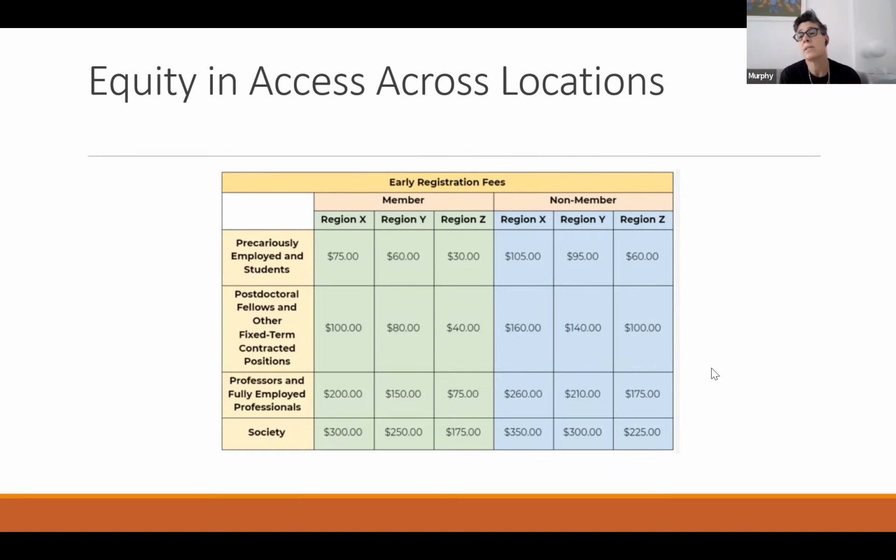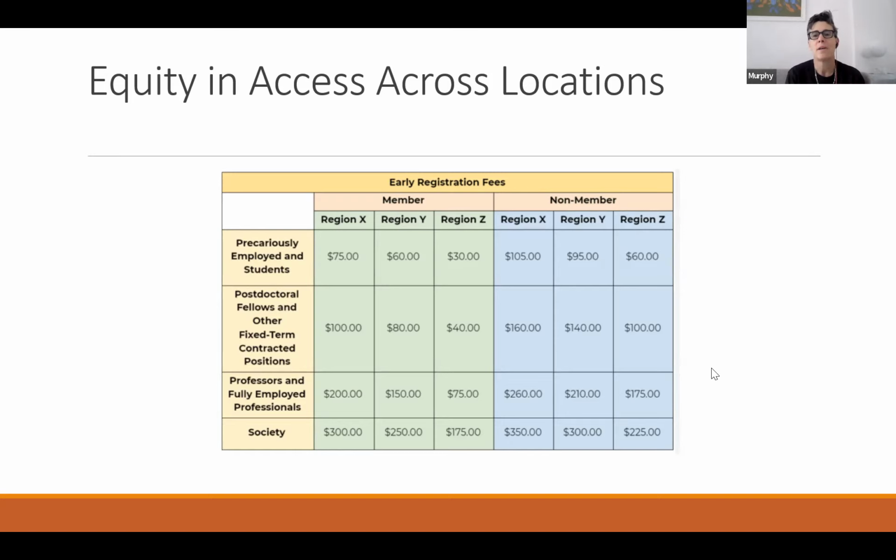So in this case, because it's academic, whether they're students or postdocs or precariously unemployed or employed, and then people who have secure employment, like professors and particularly tenure track professors. And we really tried to put the burden of supporting the conference on people with secure employment and high wages,